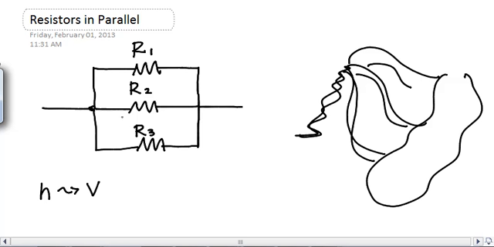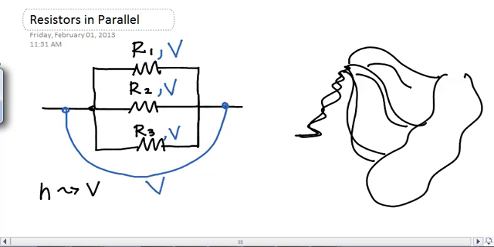If voltage and height are kind of analogous, what can you say about the voltage across each one of these? It's the same. So then this voltage would just be V, this voltage would be V, this voltage would be V, those are commas. And so then the voltage from here all the way, I'm just going to draw a little line, all the way to here would also be V, because that's ultimately the height difference between here and the bottom of the pool. Okay, that height difference is the same as the height difference of each one of my little